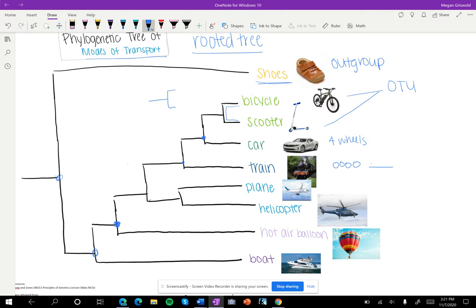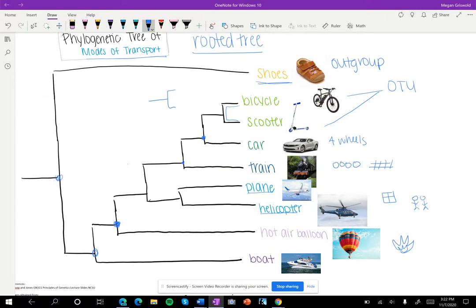The next clade is a train that travels on multiple wheels and on tracks rather than a road. The light blue clade has a plane and helicopter, which are closely related to one another, more closely related than a hot air balloon, because they are powered by engines and fly in the air and have windows, but are similar to the previous clades because they carry multiple people in one trip. A hot air balloon also flies in the air, thus it is more closely related to the light blue clade than a bike, but relies on fire and ropes for direction and is in its own clade.